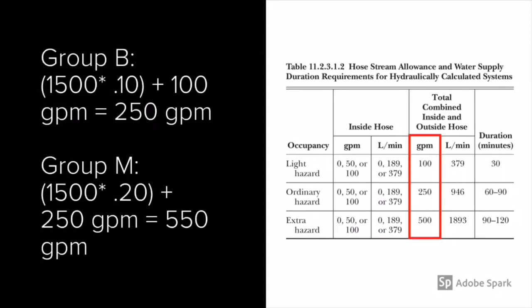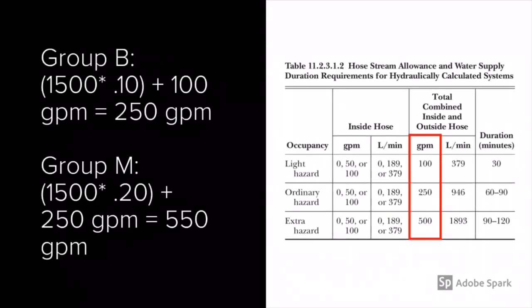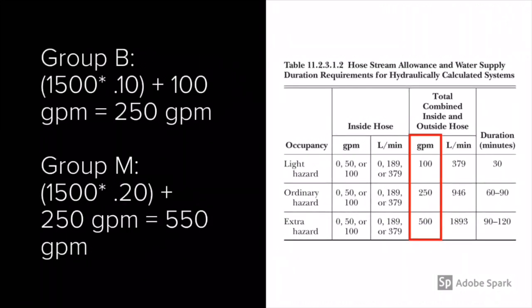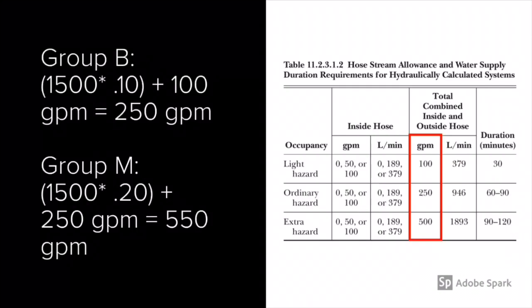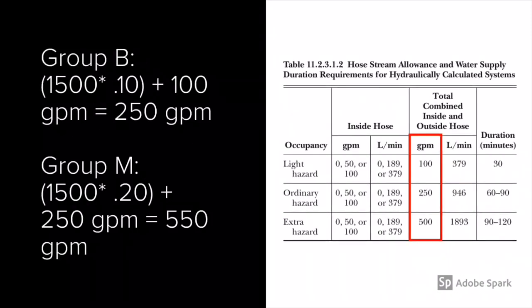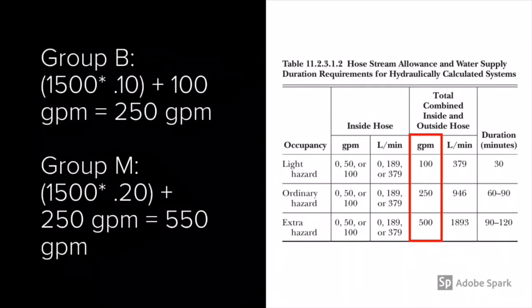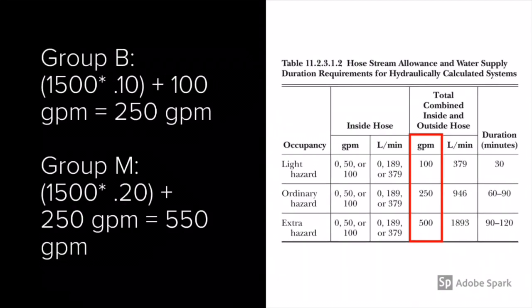So let's calculate the amount of water required. In Group B, or light hazard, we have 1,500 square feet times a 0.10 density, which equals 150 gallons per minute, plus the 100 gallon per minute inside-outside hose allowance combination equals 250 gallons per minute required. Next, let's look at Group M. 1,500 square feet times 0.20 density equals 300 gallons per minute, plus the 250 gallon per minute inside-outside hose allowance combination equals 550 gallons per minute. As you can see, there's significantly more water required for Group M, ordinary hazard Group 2 occupancies, than Group B,